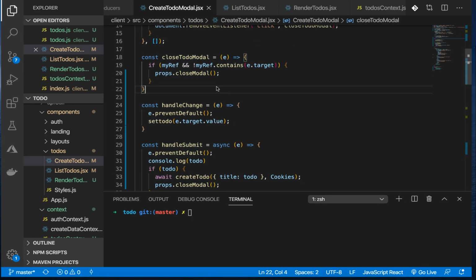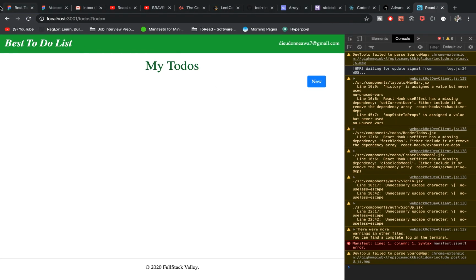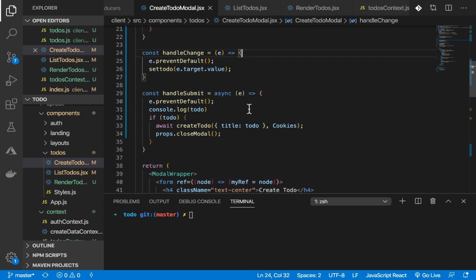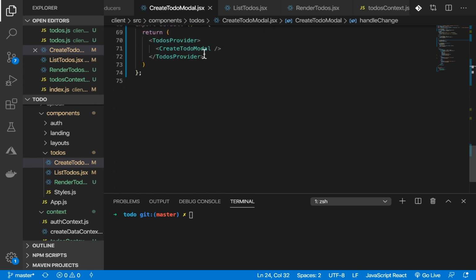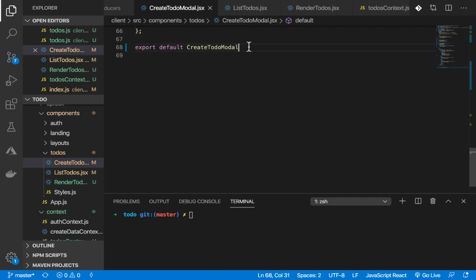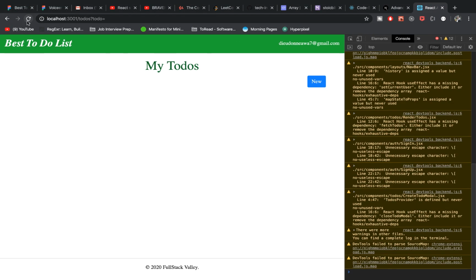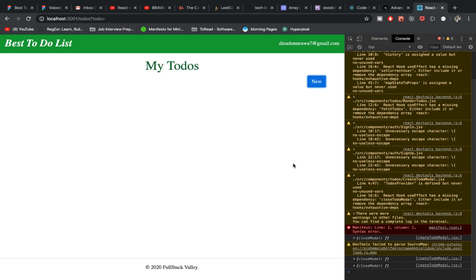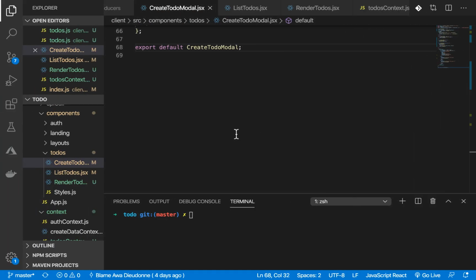So this is still having some error. Since this create model is a child component of the list to do's, you can just do this, and it's supposed to be okay. Good. So our model works now. Now that it works,